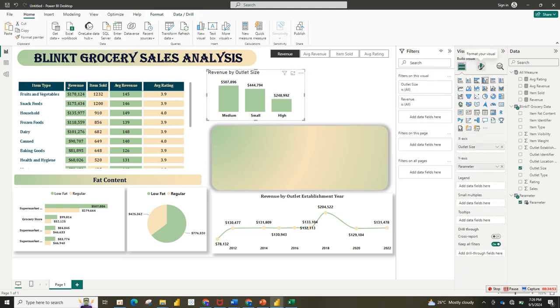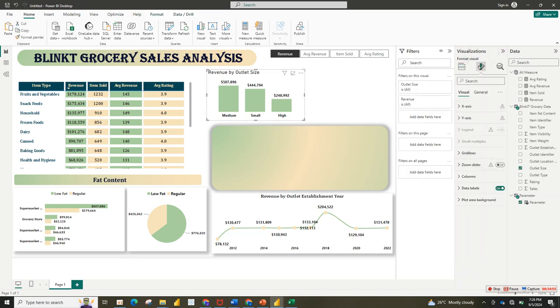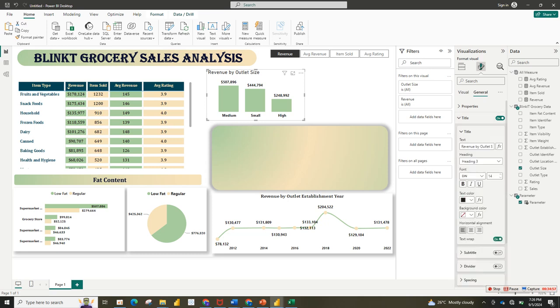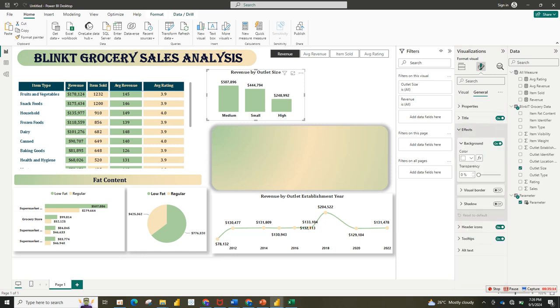So for the title too, let's format the title. You can reduce it or increase it, just format it to what you want. So again, for the shadow effect, I want to add the shadow effect. So now I'm going to copy this, paste,